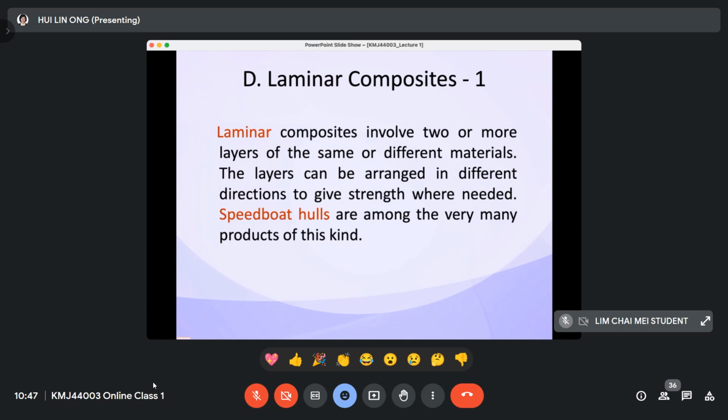So actually, not only the speedboat hull example, the lamina structure is in our daily life. I have a friend, he is like an elder senior, now in his 70s already. He sold his factory. I guess he's having what we call a luxury pension. Previously he opened a polymer manufacturing plant. He actually produced packaging material, food packaging material,